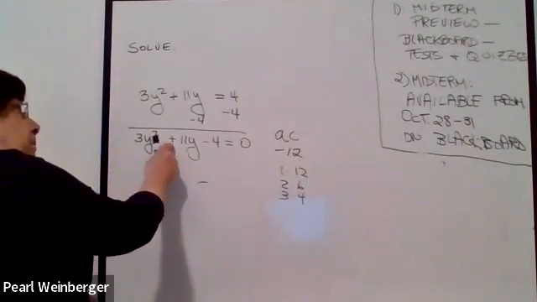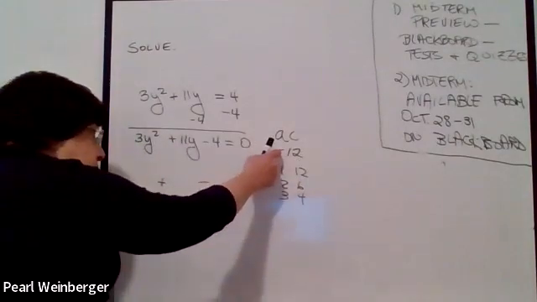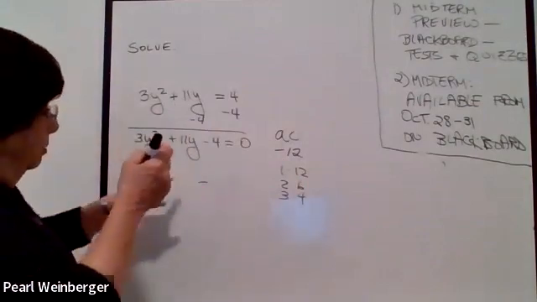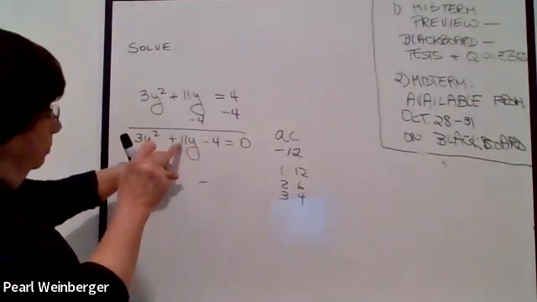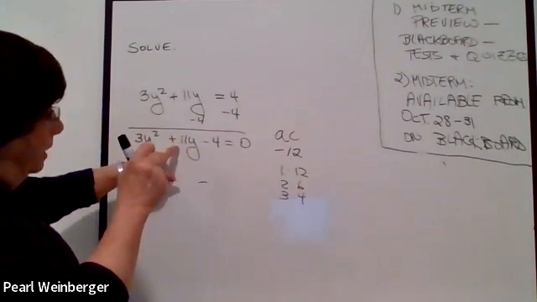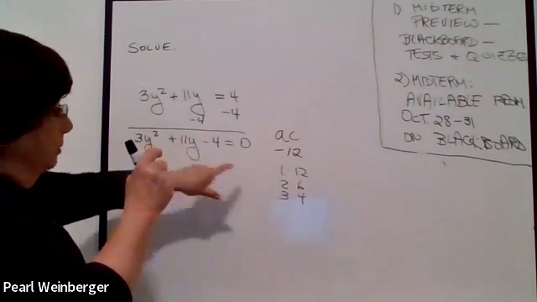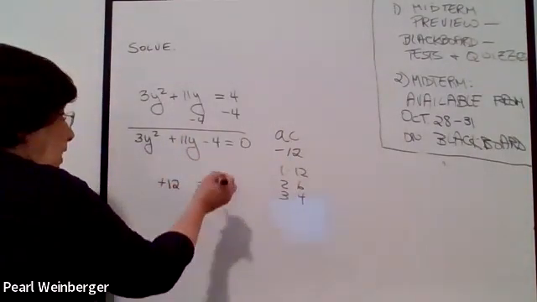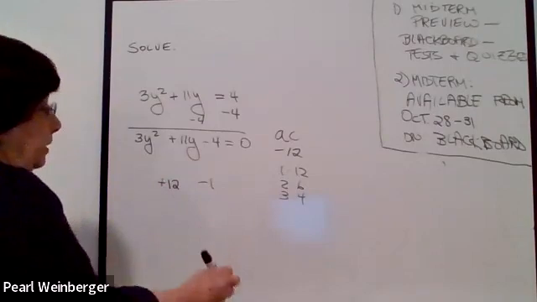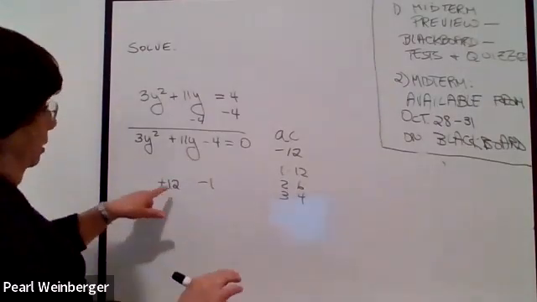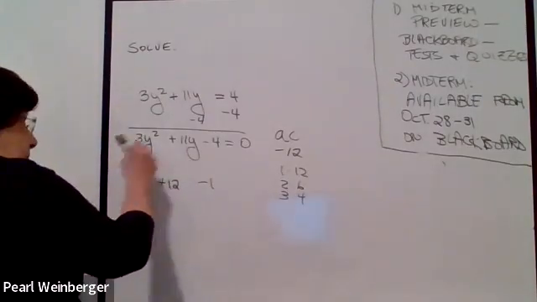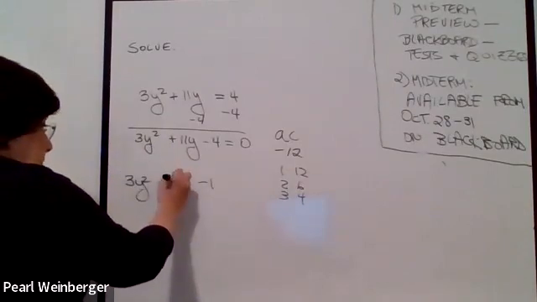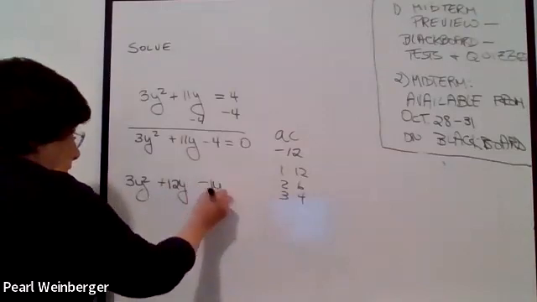Now, since this is a positive, remember, I always use this to tell me whether I'm adding or subtracting those 2 numbers together. Since the middle number is positive, it's a positive 11, the larger number, the 12, is going to have to be the positive, and the smaller number is going to have to be the negative. Notice we now rewrite everything, 3y squared, put y's next to each of these,